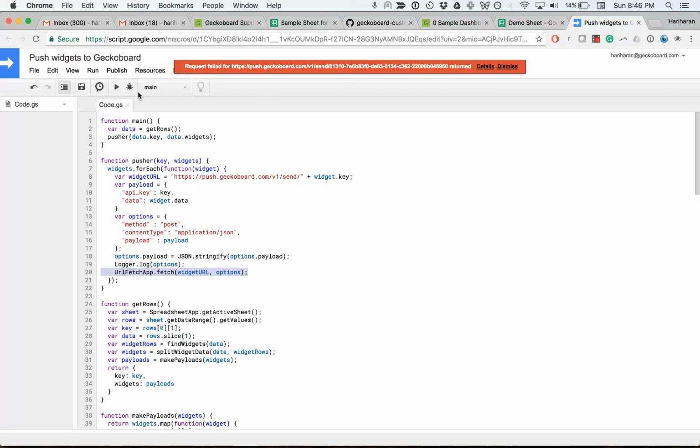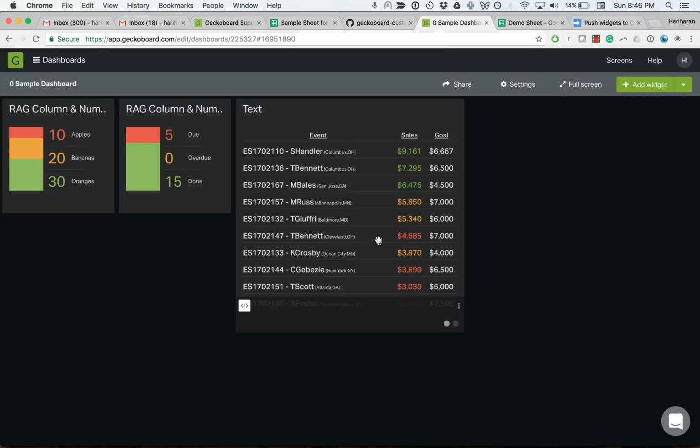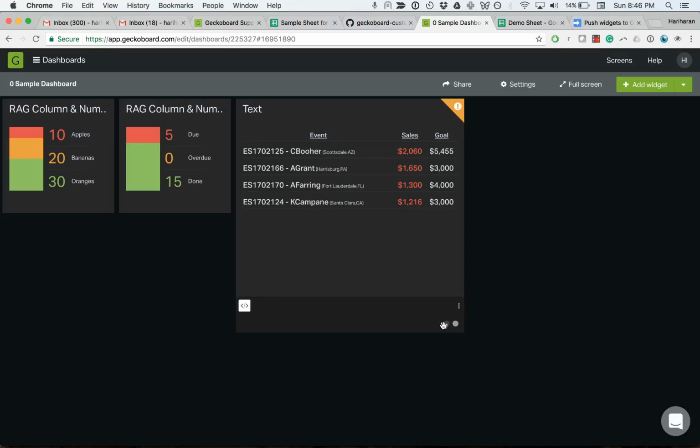Let's try pushing now. Okay, the script has run without any issues, and perfect. It's populated your widget as well,